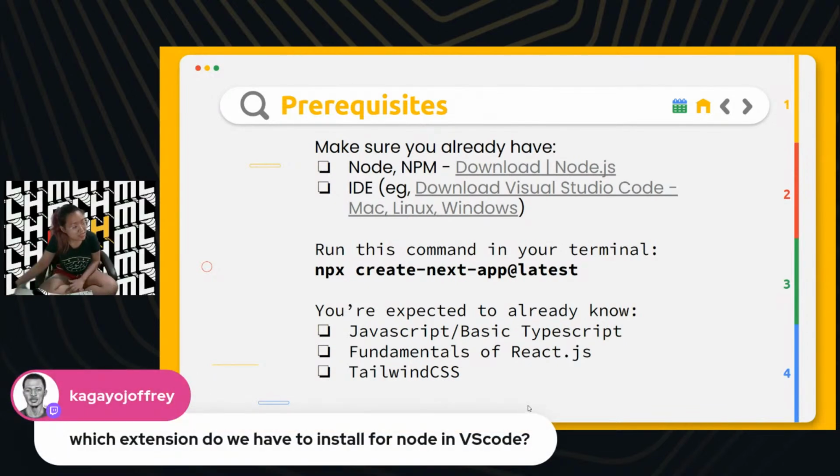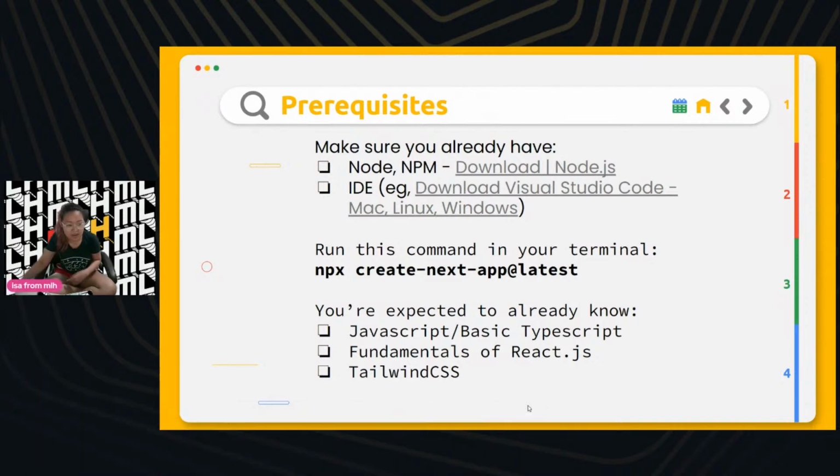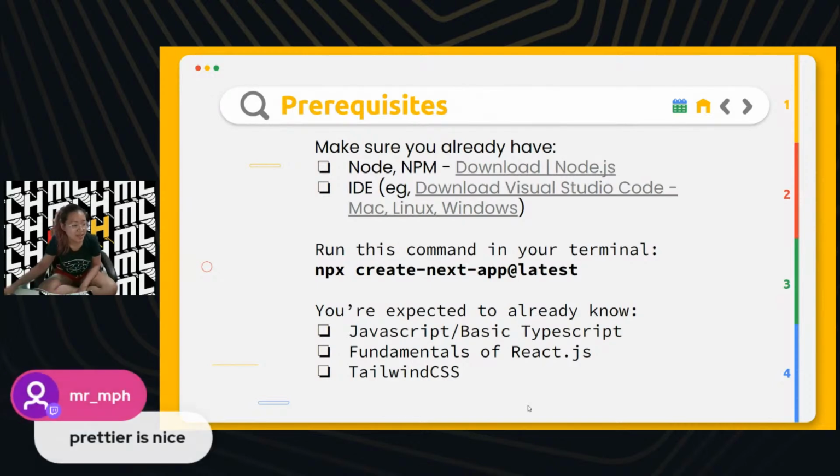For the extensions that you want to install for VS Code, I don't have any particular suggestions, just whatever is for that language. Just look up JavaScript or TypeScript, and whatever extension is there for that, use it. Otherwise, the only one I sometimes turn on is GitHub Copilot. Prettier is also nice, thank you for that. Prettier is also good for seeing the structure of your code color coded and everything.